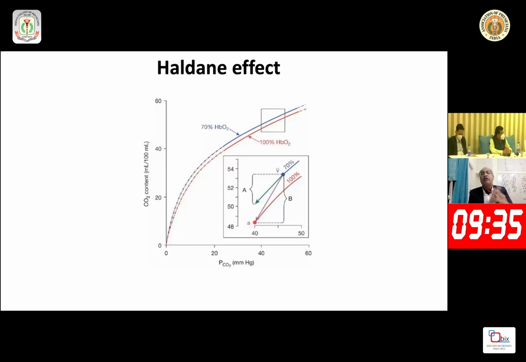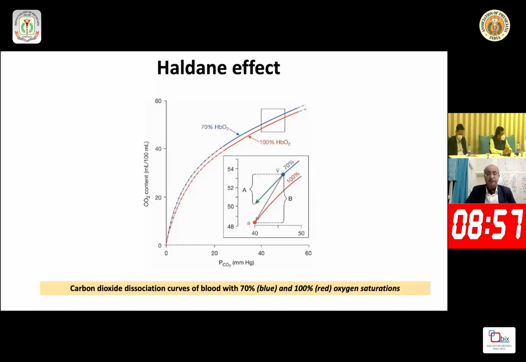You will say, what does it mean? Look at a classic example of a patient with COPD. You try to give them oxygen and sometimes they worsen, especially in chronic lung diseases. The consequence is, especially when there is CO2 retention in addition to VQ mismatch, that 10 to 15% of the hypercarbia is actually occurring because of the Haldane effect. Therefore, understanding respiratory physiology, the transport of oxygen as well as carbon dioxide, is extremely important from the pulmonology perspective, but also from the critical care perspective.